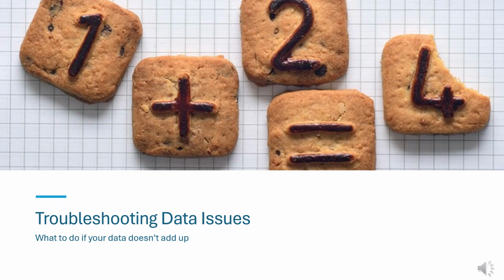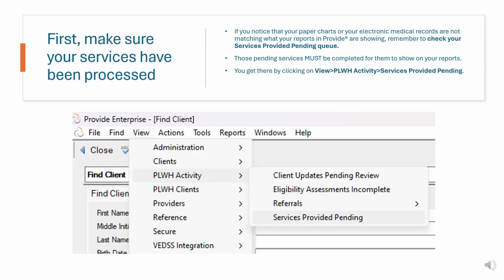You pulled those reports, but the counts don't seem to be correct. Let's talk about how to investigate and figure out what's needed to fix that data. The first thing to do is to make sure all of the pending services have been processed. Go to View,